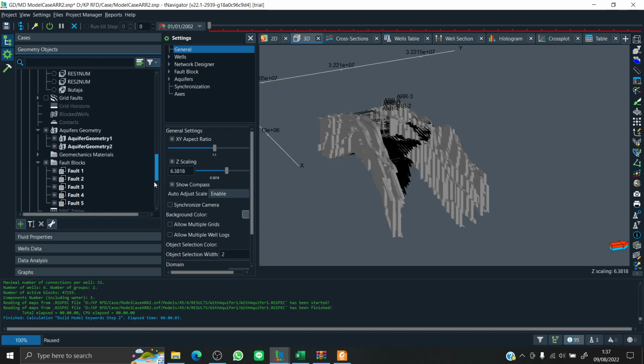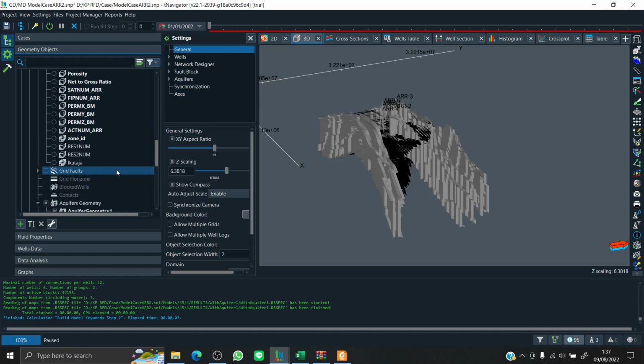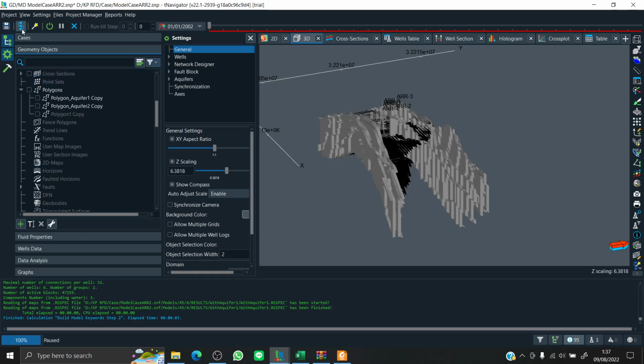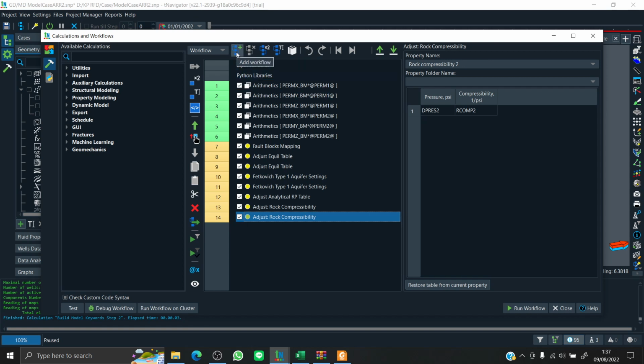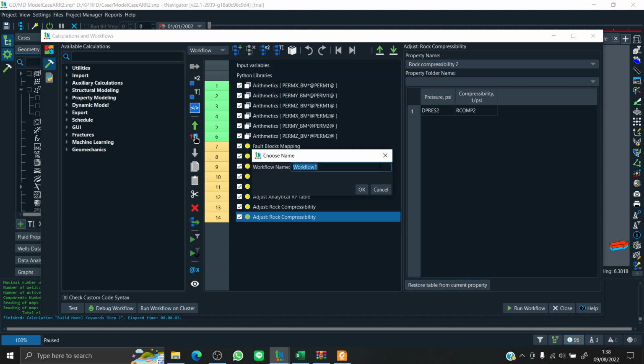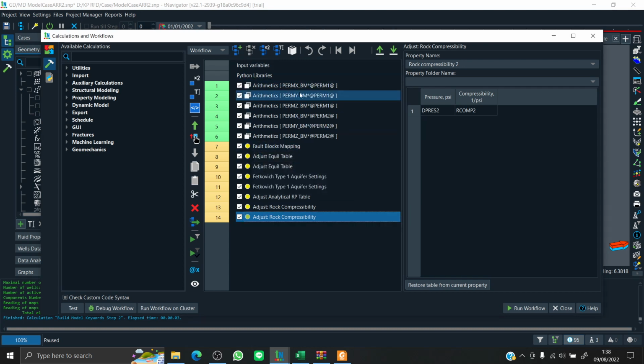What we are going to do first is create a workflow. We just press it right here. This is a workflow that has already been done, and I will explain it one by one by creating a new workflow. A workflow is basically what the program will do.